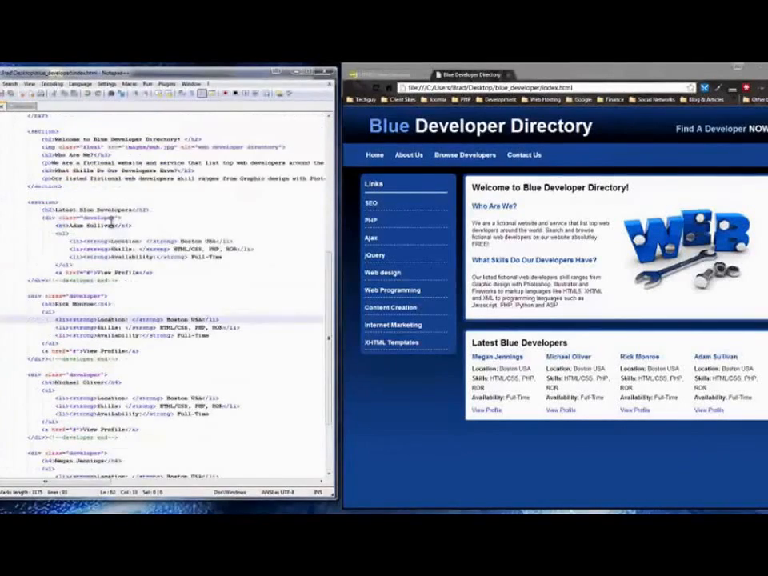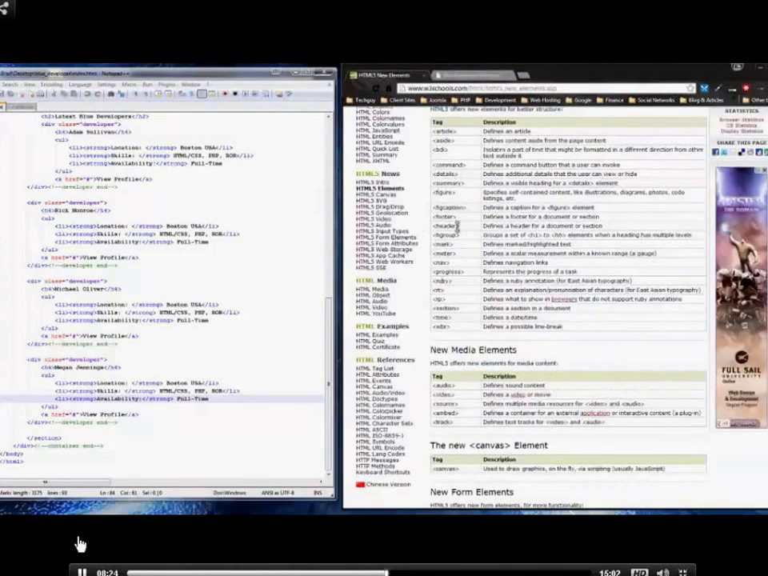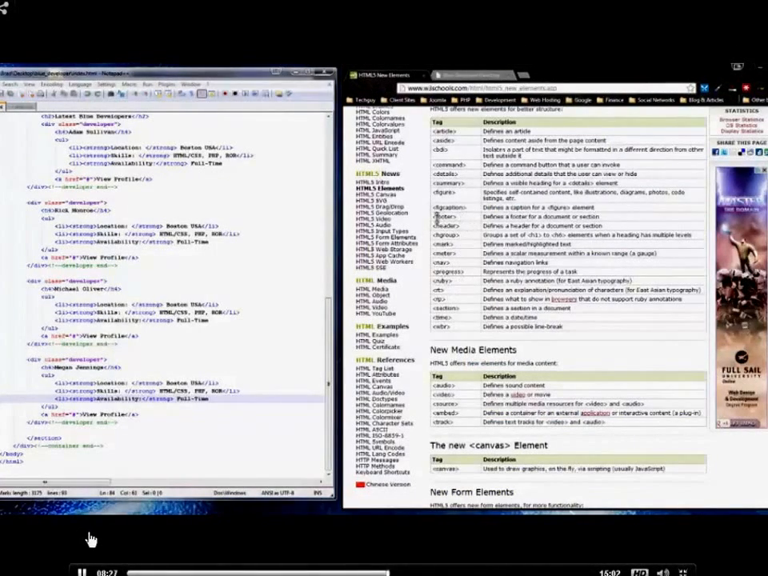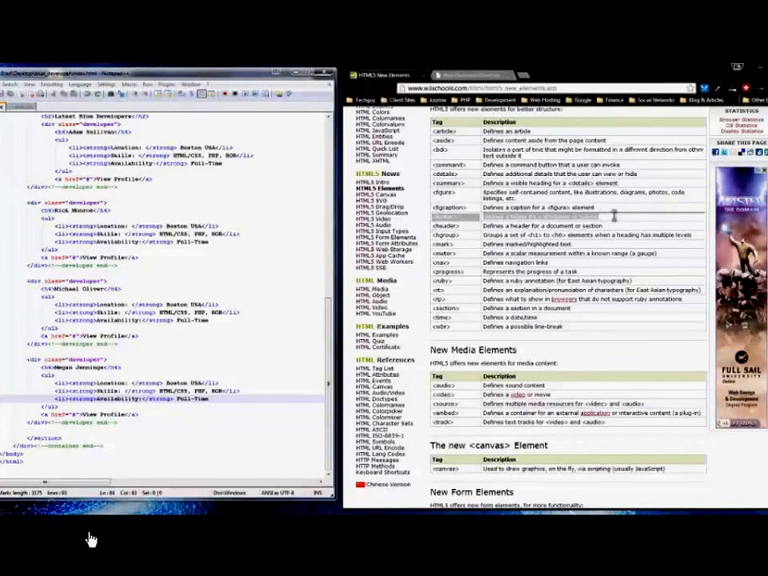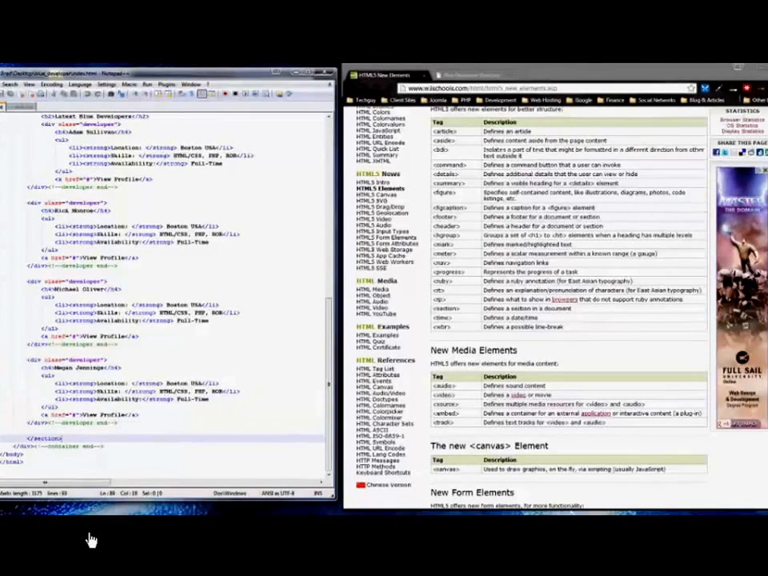Alright, so if we look at the rest of our document, I think that's pretty much it for the home page. Oh, one thing I do want to do is add a footer, just a really simple footer. And you'll see we have a footer tag right here. It defines a footer for a document or a section. So let's just add